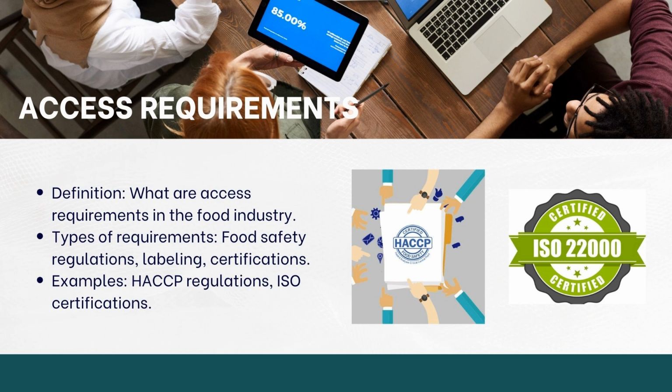Also, we have some labeling requirements. Food product labeling is crucial for transparency and consumer information. The regulation dictates how information must be presented on labels, ensuring that it is clear, truthful, and provides all the information necessary for the consumer to make informed choices. One important aspect is ingredient labeling. It is required to list all of a product's ingredients in descending order of quantity, allowing consumers to know exactly what they are consuming.